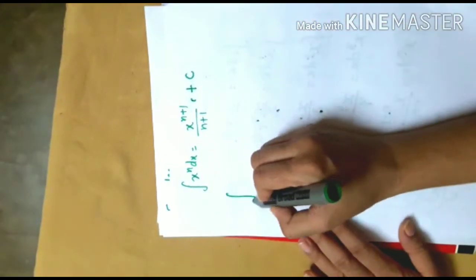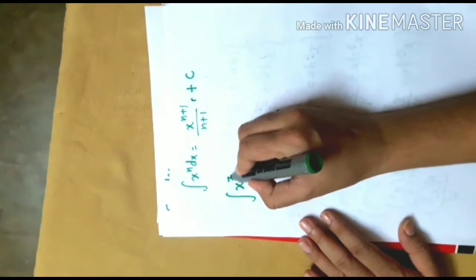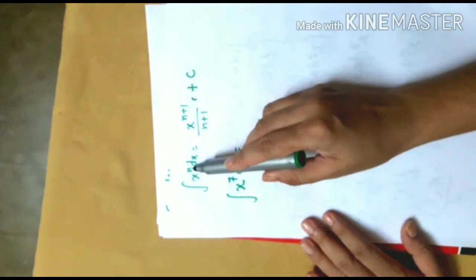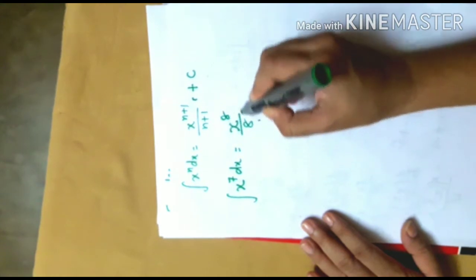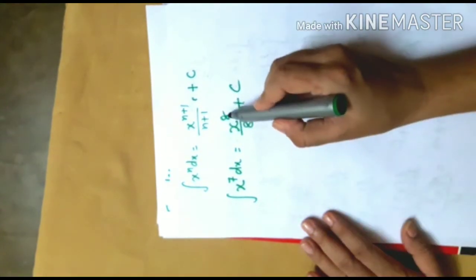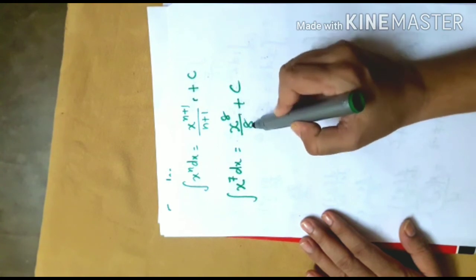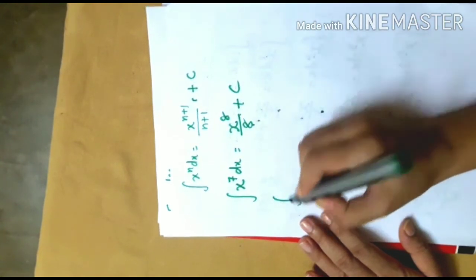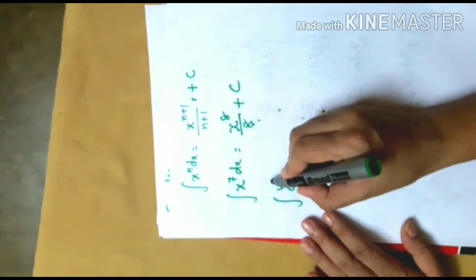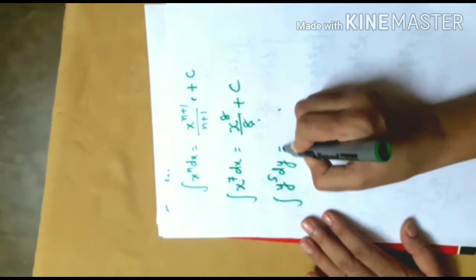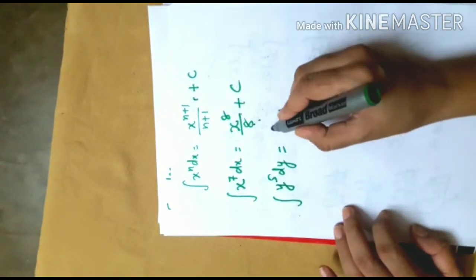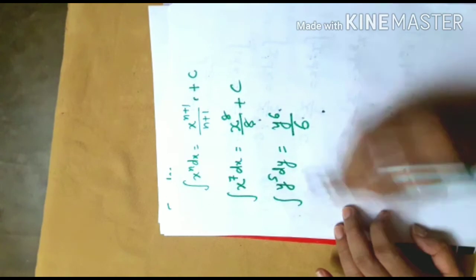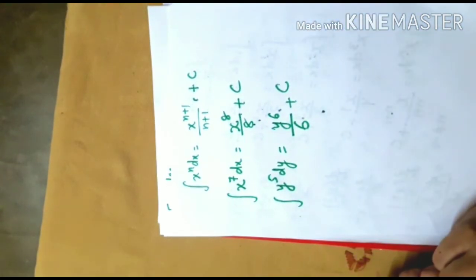So, if I ask you integral of x raised to the power 7 dx, yes, it is of this form, so it will be x raised to the power 8 divided by 8 plus c. Increase the power by 1 unit and divided by the increased power. If I ask you what is the integral of y to the power 5 dy, it is of this form, but here variable is y, so it will be y raised to the power 6 over 6 plus c.